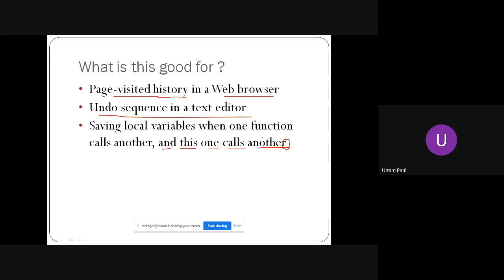If you have typed all this and you have made this bold, and then you might have underlined this particular word. Now if you press undo, or if you say Control Z, what will happen is the underline will go first, and then this bold will become normal, and then maybe I will start deleting the things from here. So what I'm trying to tell you is that whatever sequences you go on doing in your text editor will be saved onto the stack.